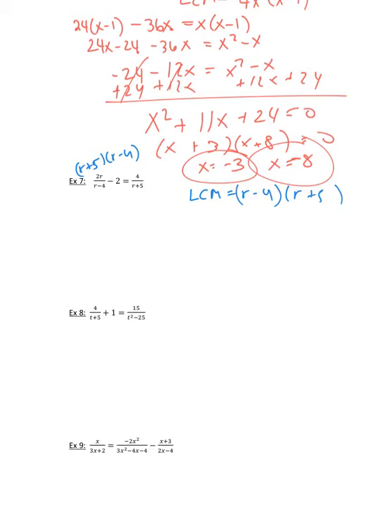So in the first fraction, the r minus 4 cancels, and I have 2r times r plus 5. Minus the 2 is going to get multiplied by both binomials. So minus 2 times